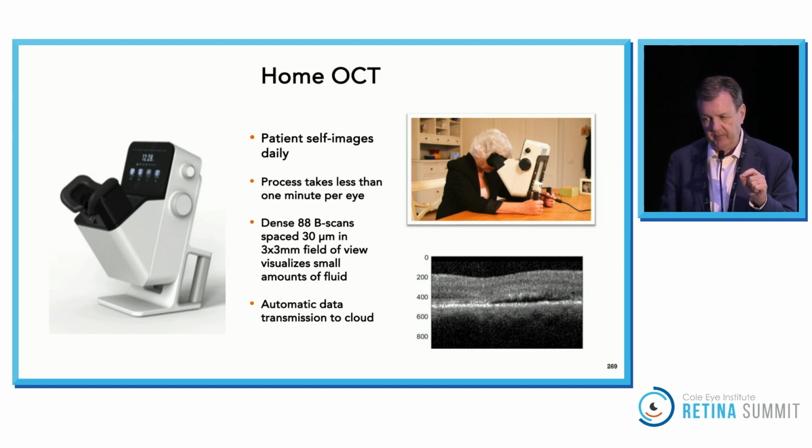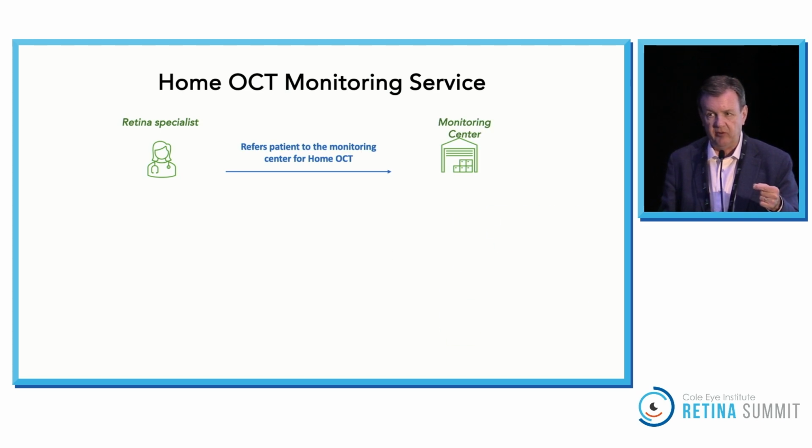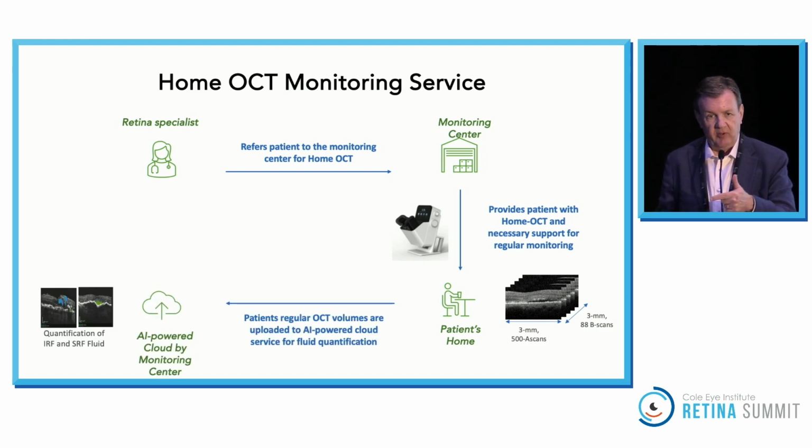The device is a patient self-imaging device, used daily, and takes less than a minute per eye. The quality of the scans is pretty close to SD-OCT, and is transmitted to the cloud. Basically, the patients aren't buying the devices. The retina specialist orders it. The company then delivers this to the patient's home. They're providing a service and get it set up in the patient's home. They image daily. The images are not seen by the patient. They're uploaded to the cloud, and there's AI software that